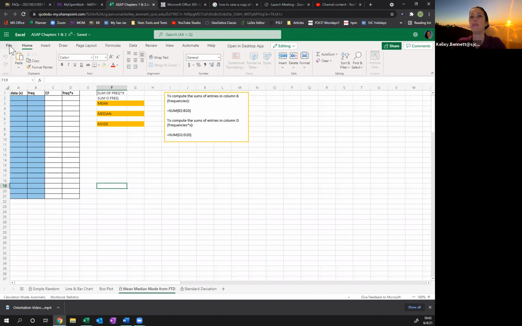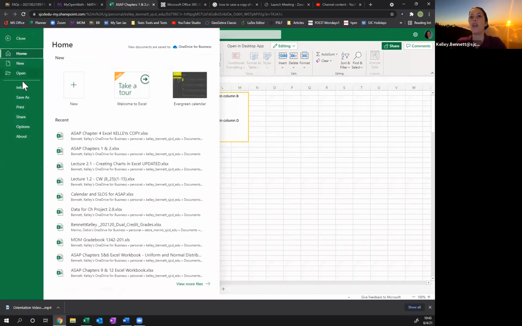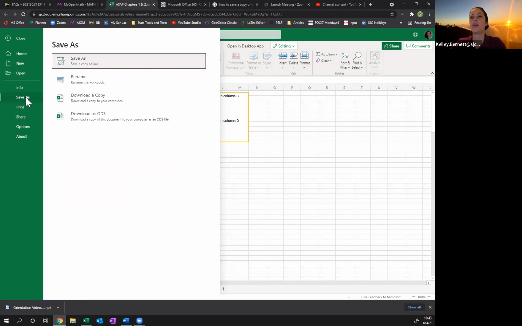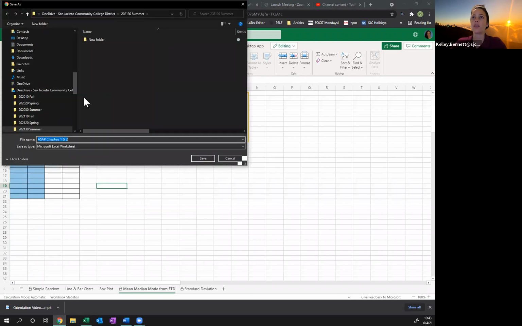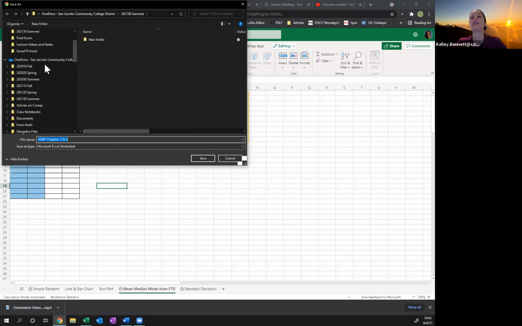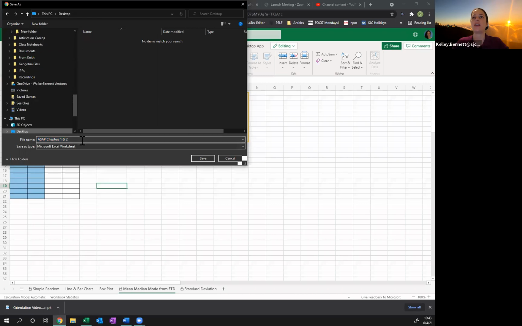So what you're going to have to do is go over to File on the top left corner. You want to go to Save As, and then you want to go to Download a Copy. So again, let's say I just want to save it to my desktop. I always encourage you to name it. So I'll usually name it like